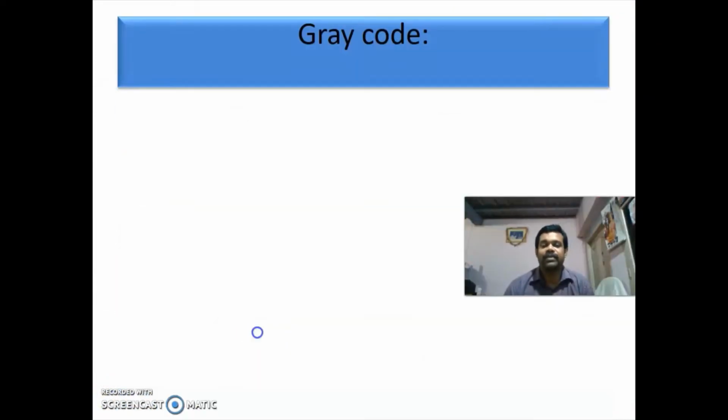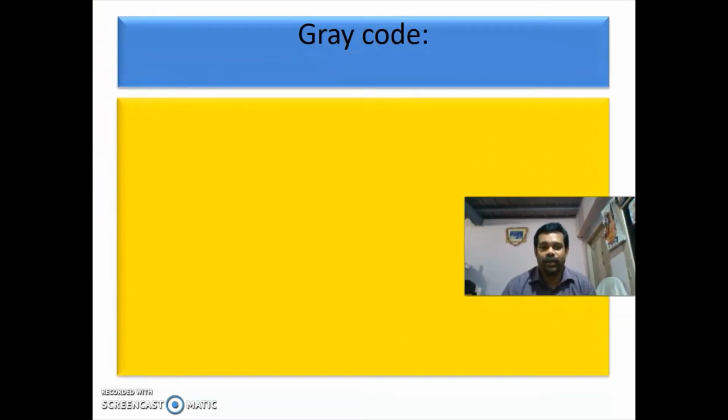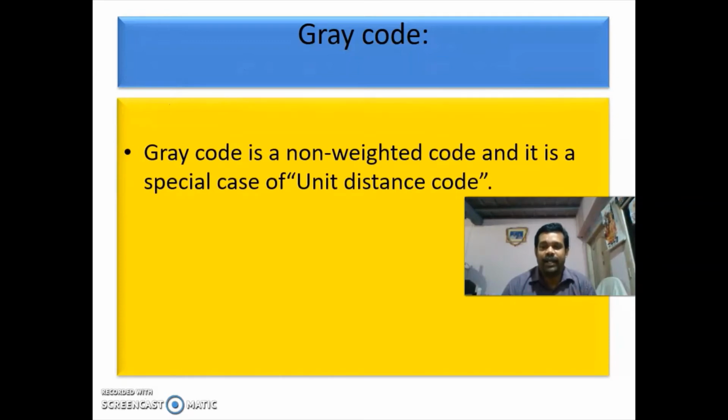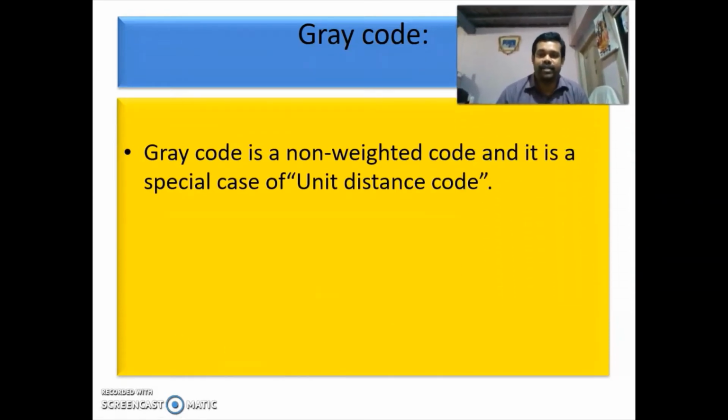Next we are going to see the gray code. Gray code is a non-weighted code, and it is a special case of unit distance code.